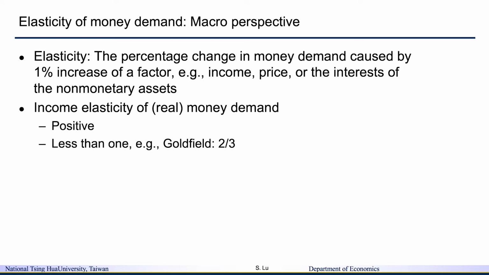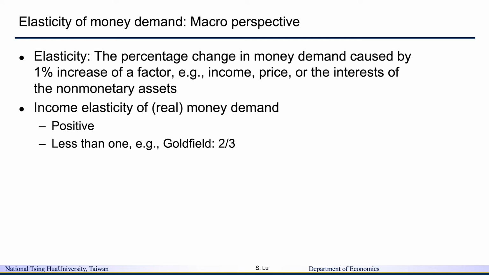This elasticity turned out to be positive, but it is less than 1. Goldfeld showed that the number is about 2/3. And it is quite straightforward, as we mentioned earlier. When the income is higher, people want to have a better quality of life. Therefore, people have the tendency to hold more money in their pockets, and then they are going to have higher